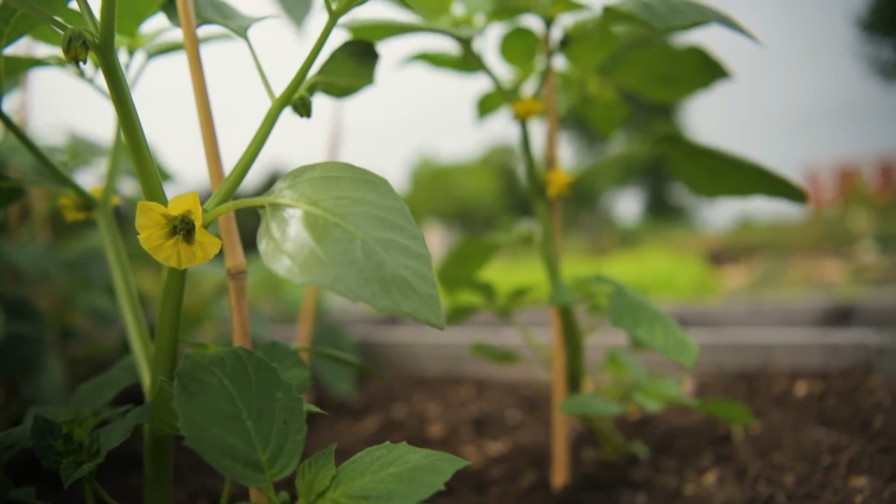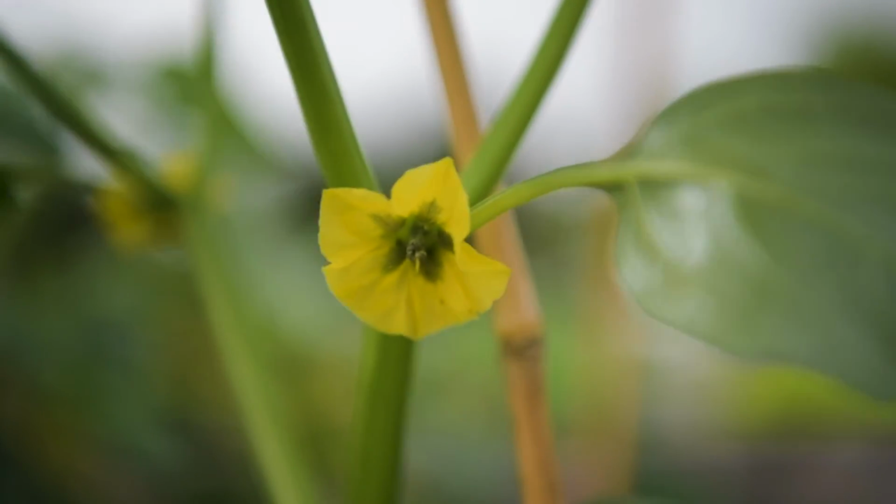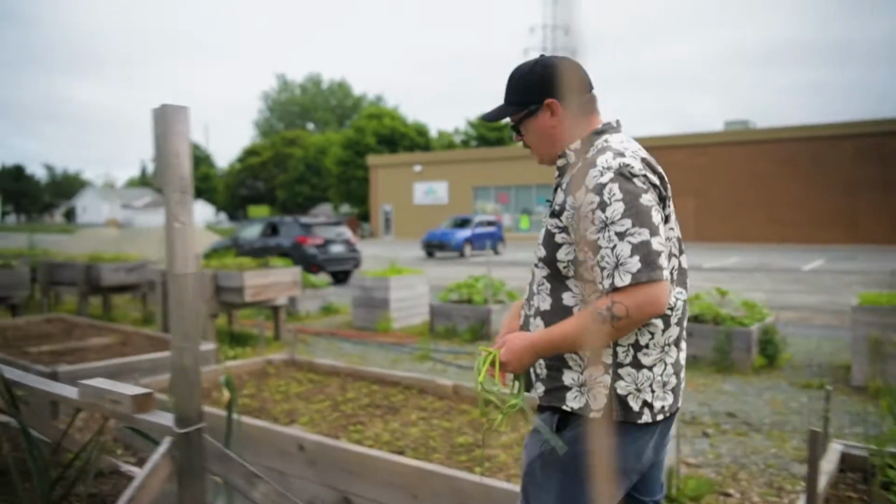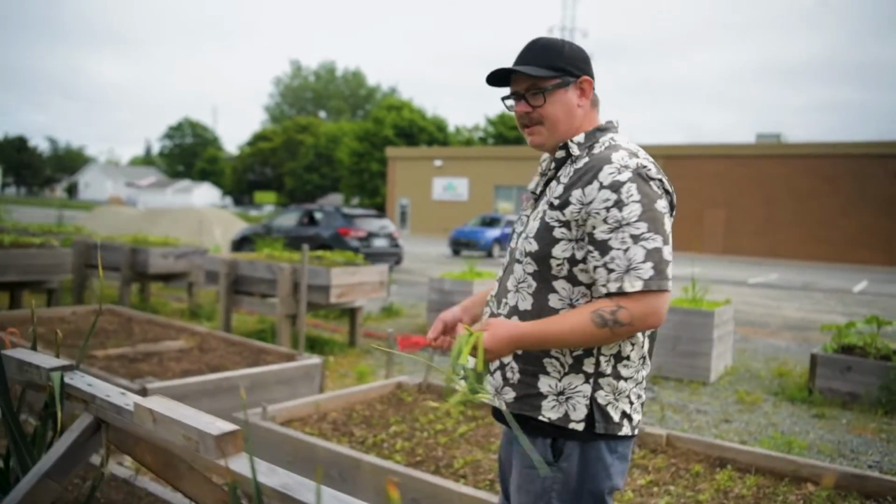We've got peas right here. Some of them are putting on flowers, means we'll have some peas here soon enough. And more beets and lots of beans as well. We've got a couple of different types of beans. We've got bush beans, 3 or 4 different types. We have purple beans this year,